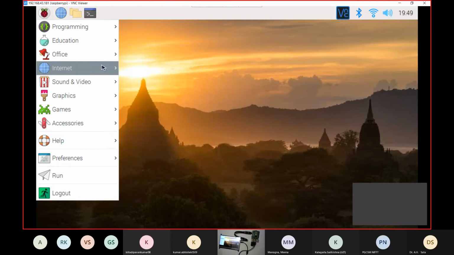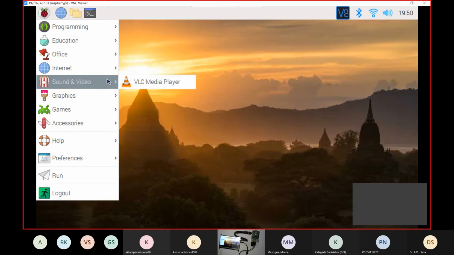To connect with the internet, we have VNC Viewer and the Chromium web browser. VNC Viewer is particularly for screen cloning, and Chromium web browser is a beta version of Chrome, which has lesser RAM capacity and lesser processing power compared to a typical PC or laptop.